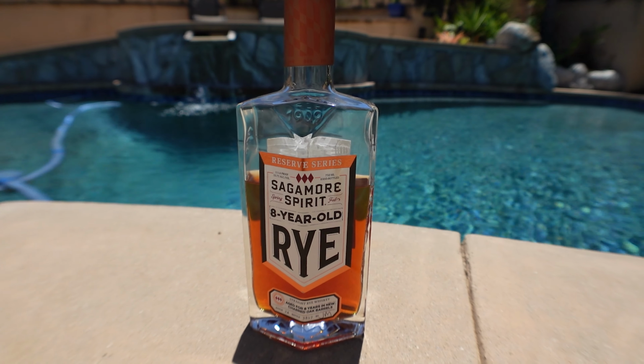Oh, just one of the best whiskeys that I've got. Sagamore, 8-year. I love everything they put out. Their sherry finish, their port barrel finish, just every product that they put out. They do a lot of finishes. I saw the other day they had this Manhattan finish and a tequila finish. Sometimes they take it a little too far, but